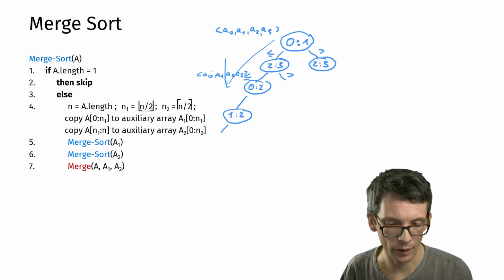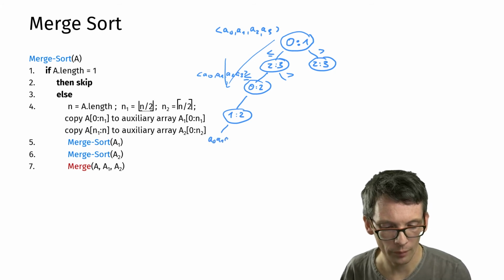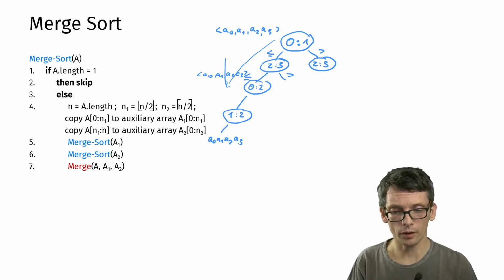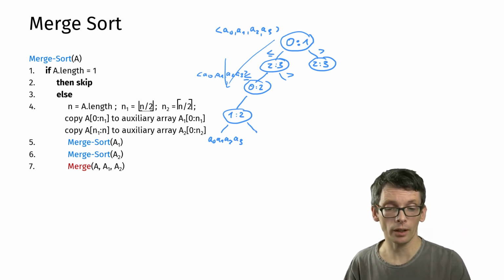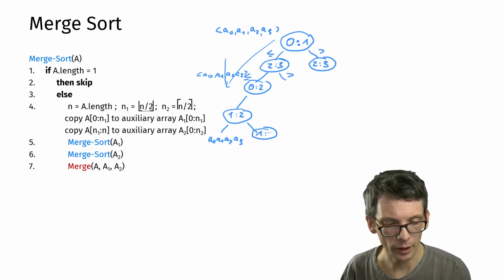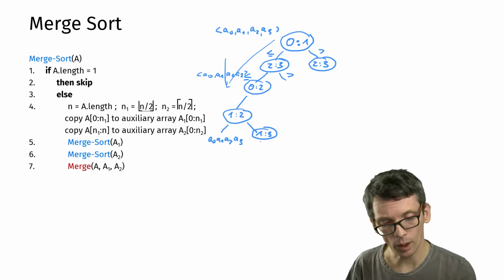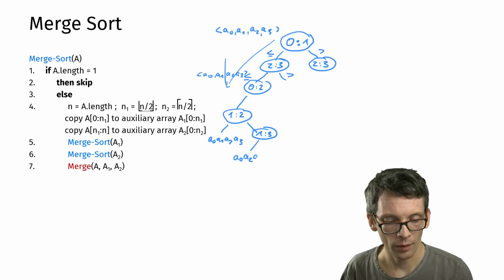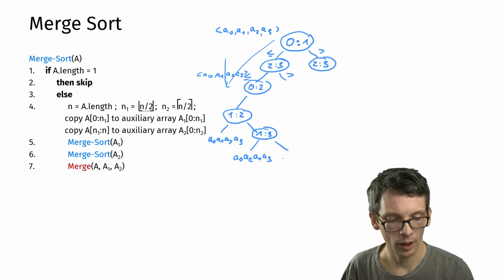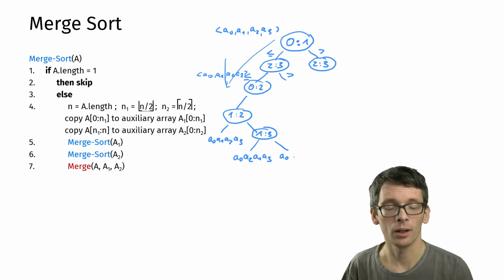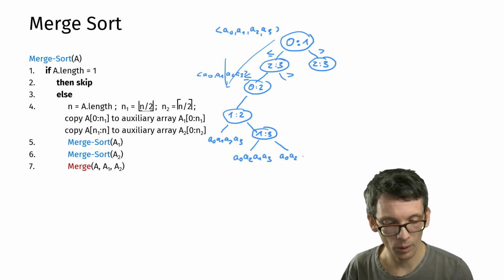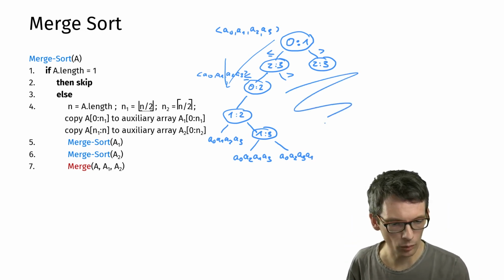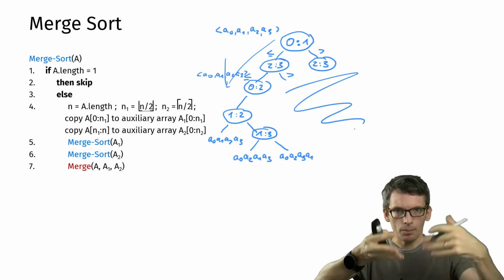So then we still have A0, A1, A2, A3. If 1 is larger than 2, then we still need to compare 1 and 3. And depending on that comparison, if 1 is smaller, we will get A0, A2, A1, A3. And here we will get A0, A2, if 3 is smaller, A3, A1, and so on. So let me not draw this part of the tree, but this is part of the decision tree for merge